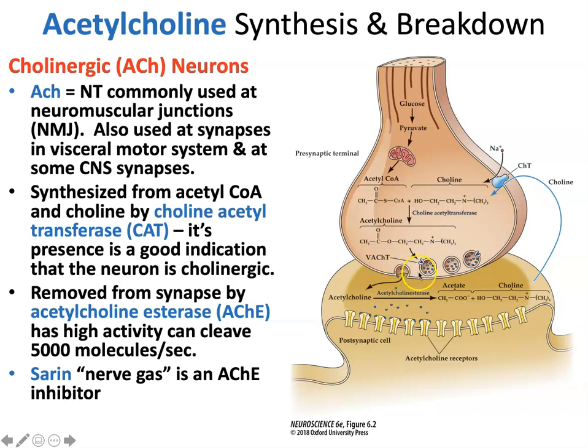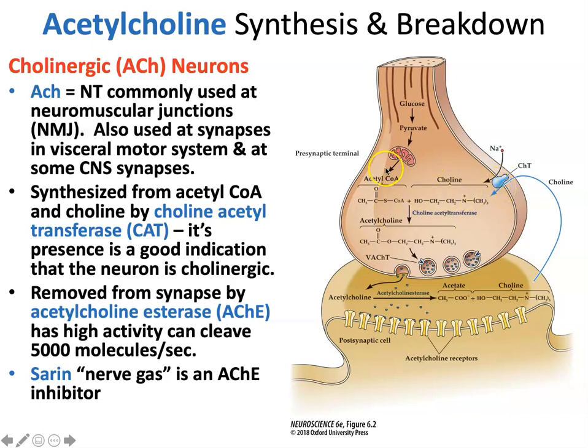What is happening is that when acetylcholine is released at the synapse, it will bind to its receptors in the postsynaptic membrane, and we'll talk about those in a minute. But acetylcholine esterase is responsible for the breakdown of acetylcholine at the synapse. It's thought that acetylcholine esterase can cleave about 5,000 molecules of acetylcholine per second. And so it's basically cleaved back into acetate and choline,